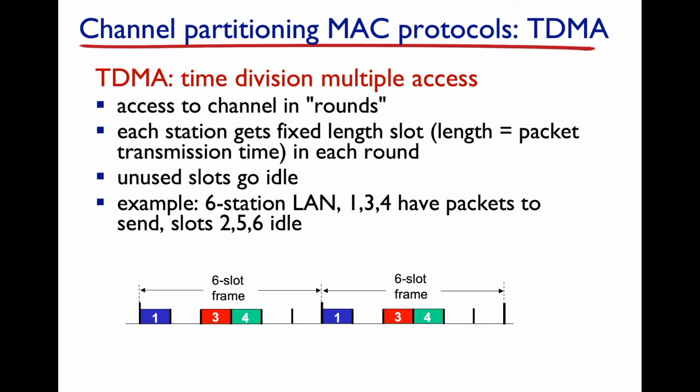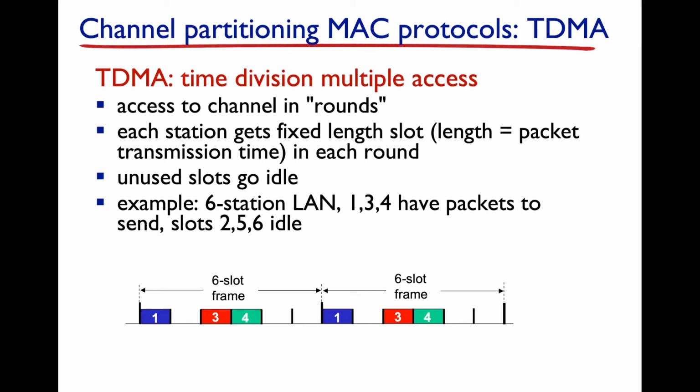Now with time division, access to the channel is chopped up into a bunch of time periods, delta t, called rounds, and each station or node that wants to communicate gets a fixed length slot. Now during this time, you can transmit a packet, and only during this slot, and it's not until your slot comes around again that you can